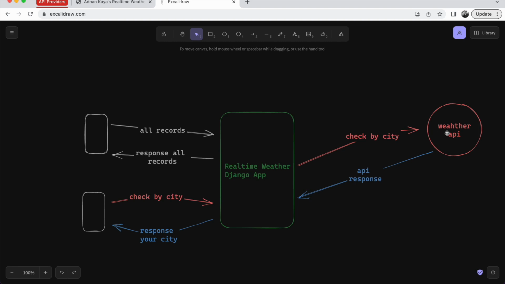The external API returns the requested city's weather data. Django checks if the city exists in the database or not. If the city exists in the database, Django updates it. If not, Django creates a new record of that city and weather data. As a summary,